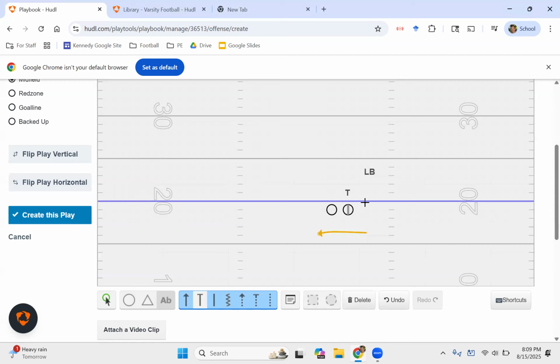Now, if there's no one in your gap, like here in this scenario, there's no one in his gap, there's no one in his gap, they go to on. Since your gap is free, you are now going to help double team until something threatens your gap or something comes into your gap, if that makes sense. Since there's nothing threatening your gap, you're going to help double team until something comes into your gap.